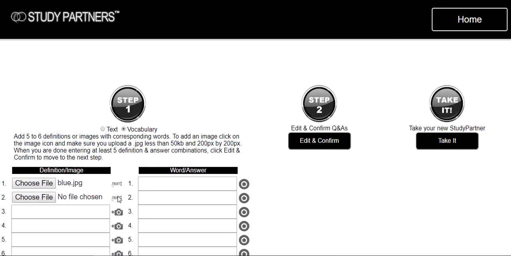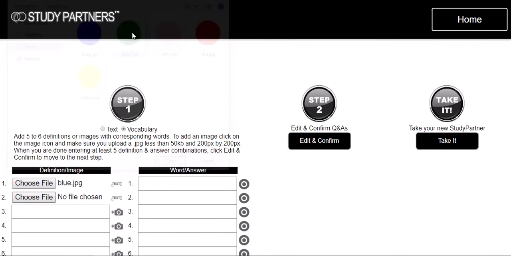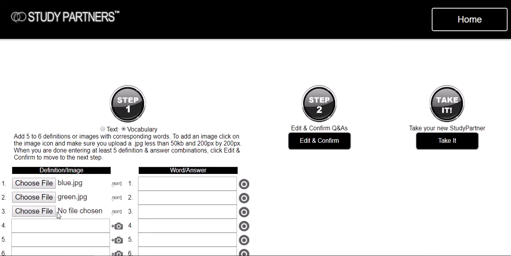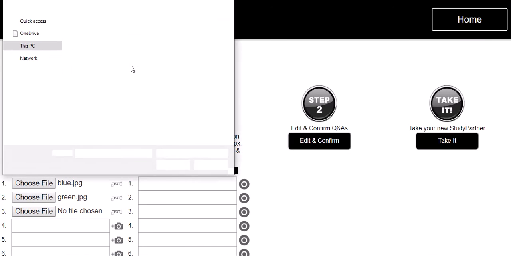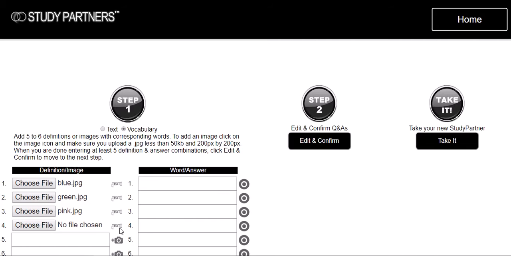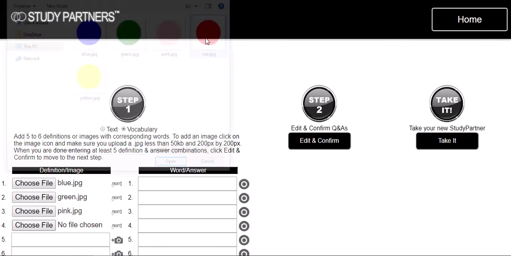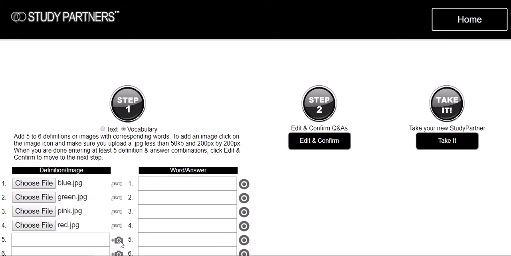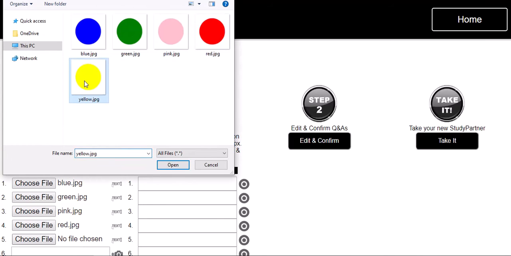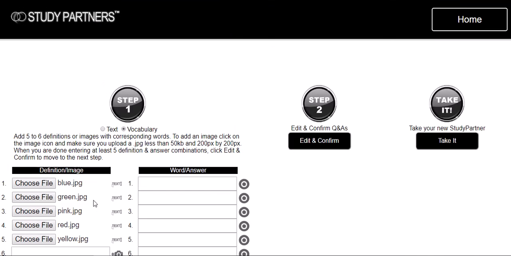If I wanted to change my mind, I could click text and come back and enter a text for the vocabulary definition or the word. I could put green instead of the image green, but I'm going to go through all of these images that I've prepared ahead of time. I'm going to be doing 5 colors, Spanish vocabulary for colors. Okay, so I've loaded 5 images,